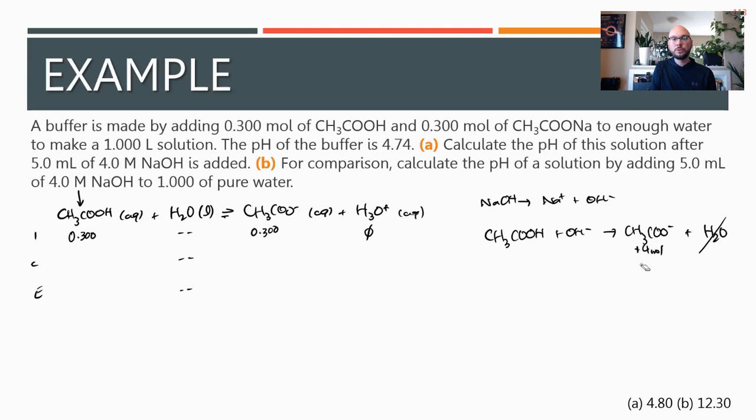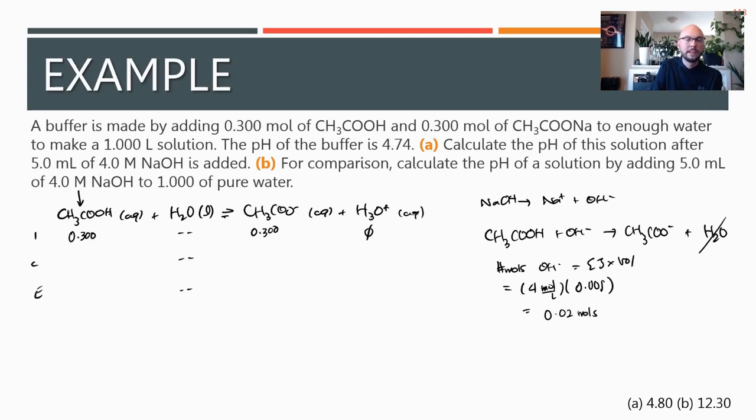Okay, so what we want to do is figure out how many moles of OH minus are being added. So we're going to take the concentration of NaOH, let's write it like this. The number of moles of OH minus is equal to the concentration multiplied by the volume. So the concentration here is 4 molar, so quite strong, 4 moles per liter. And it tells us that 5 milliliters is 0.005 liters. This works out to being 0.02